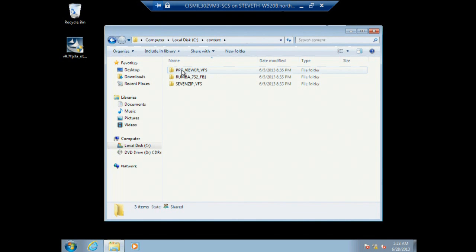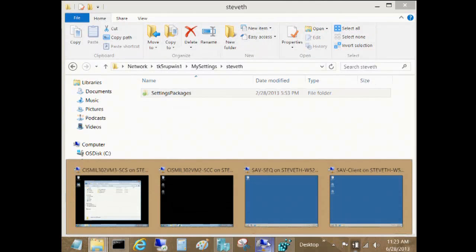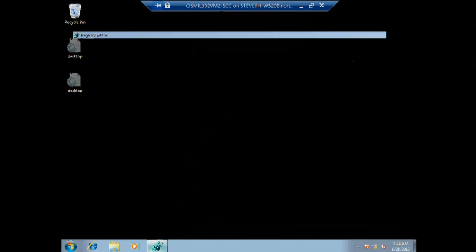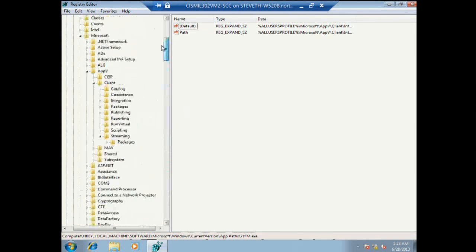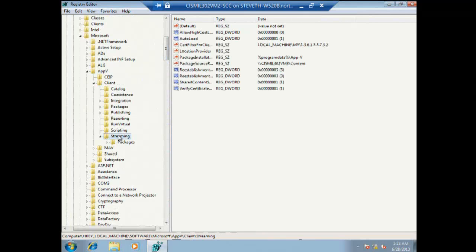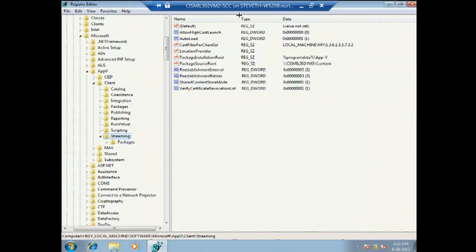And it's very easy to configure. All you have to do is configure a couple of registry settings. The package source root, and then the bit that you flip to turn on shared content store.